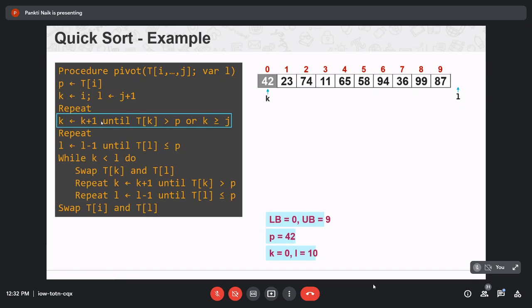Okay, so K greater or equal to J? No. So we have to repeat K plus 1.